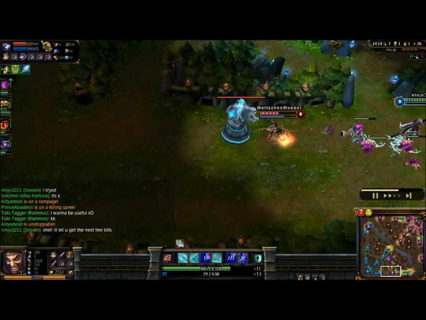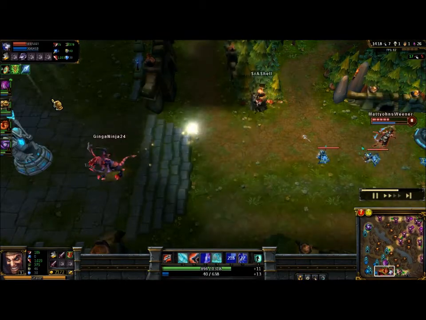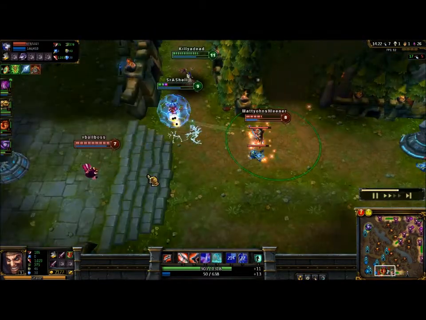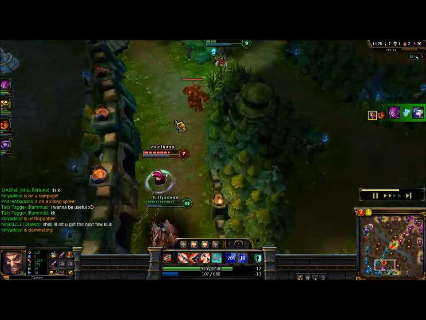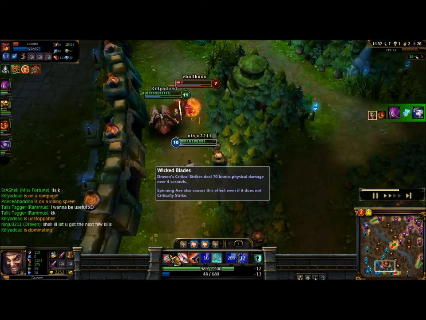Now, this is the thing about Ashes. Don't use your frozen arrows on minions. It wastes mana. And including wasting mana, it's also a waste, because when you could use that mana for your giant arrow like that. But here goes Morgana. Morgana does use her shield